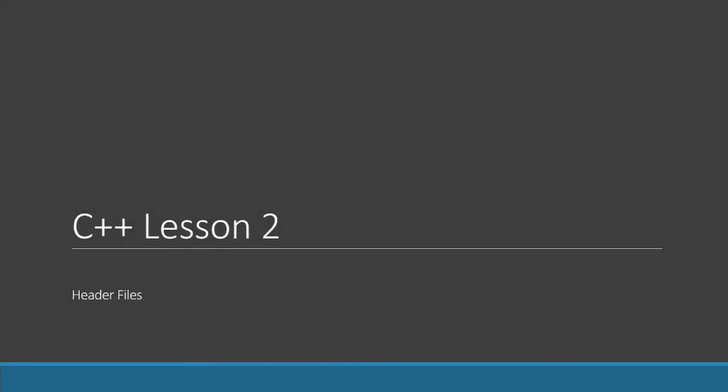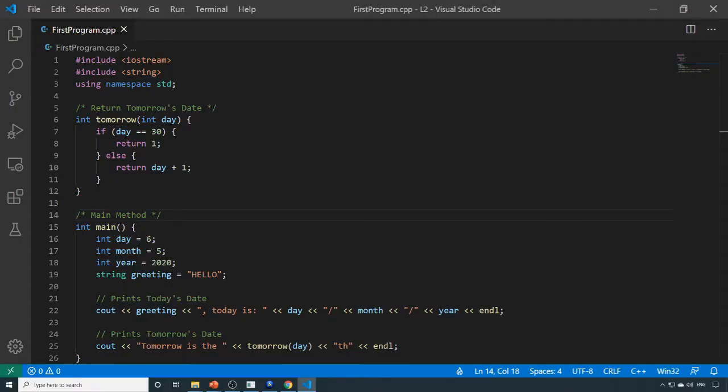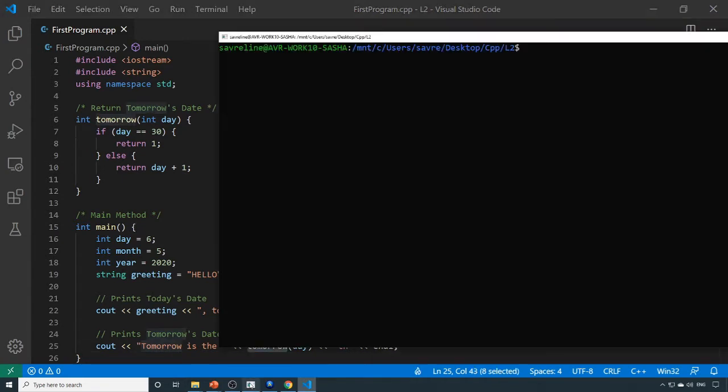In this lesson, we're going to talk about header files. What I have here in VS Code is a simplified version of the program that we worked on in the previous video. On line 22, we print today's date, and then on line 25, we print tomorrow's date, and we do that by calling the tomorrow function. So let's just compile and run things to make sure that everything works